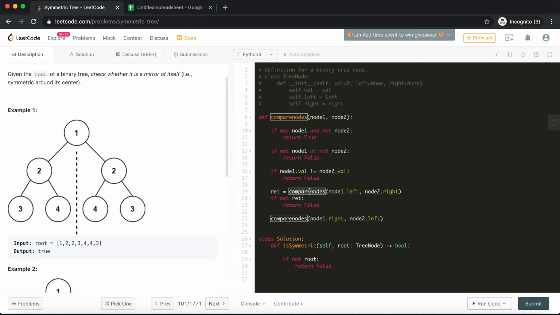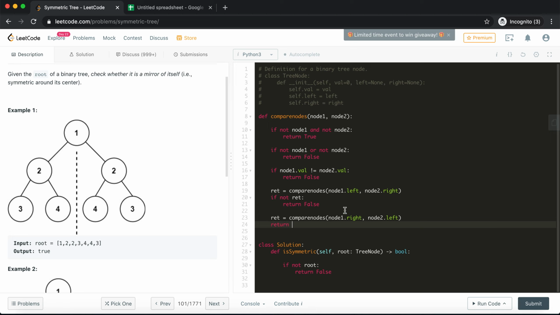If one of these recursive calls returns a negative case, which means the check has failed and it's not a symmetric tree, then there is no point going further. So I'll just return it from here if it's a negative case. Otherwise I'll keep on doing the rest of the checks. So once this second comparison returns whatever the result is, I'll just return it straight away.